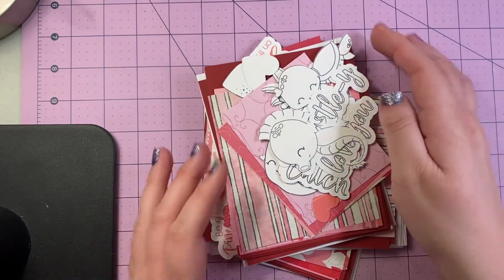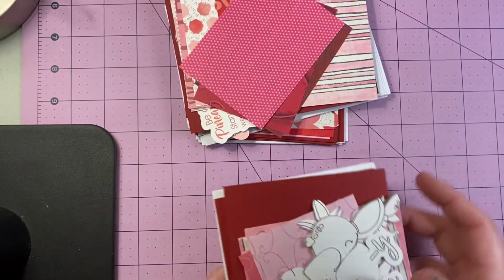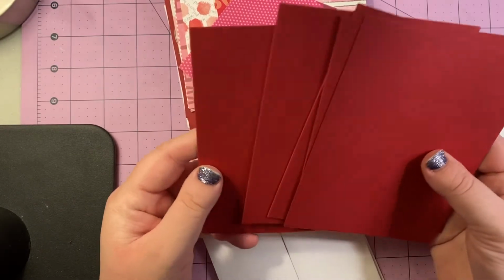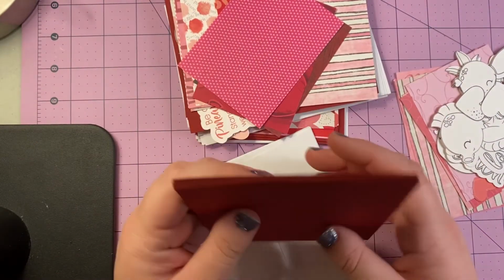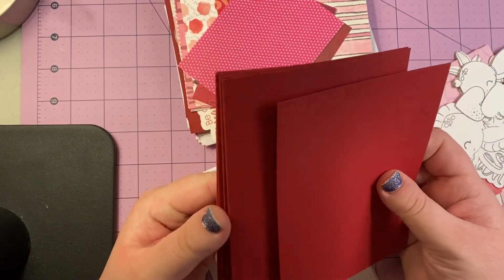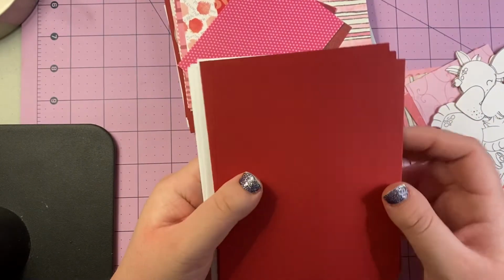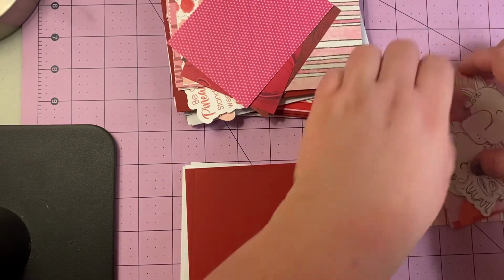So here's a few of the kits, and inside each of these kits, first we have 4 of these card bases, and they're kind of a cranberry color. I cut and folded them, and I had made a bunch of them. This is what my Christmas cards the last 2 years used. And I still had quite a few left, so I put them into sets of 5. And then, of course, to go with these, the children will get